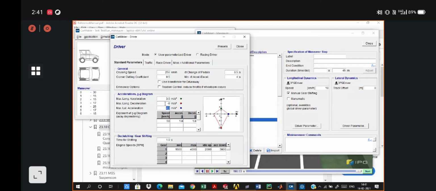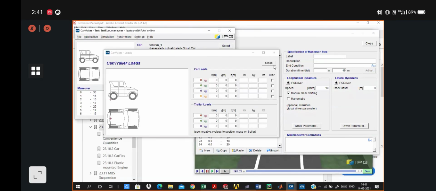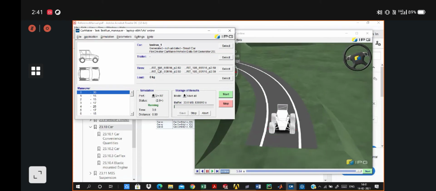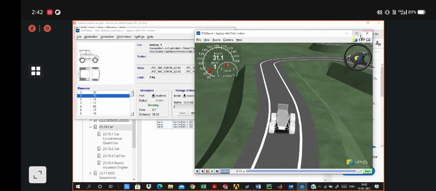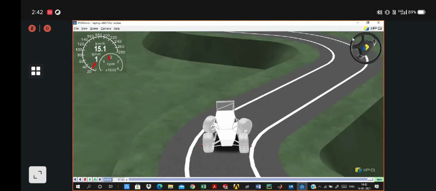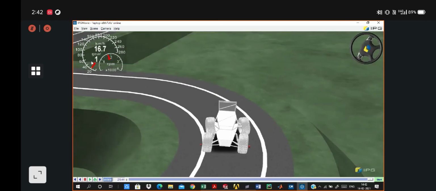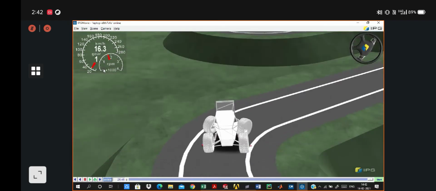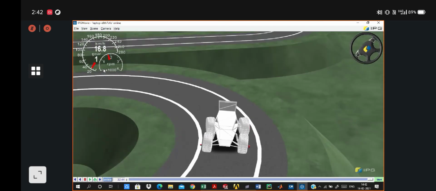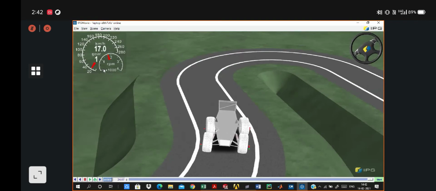So I'll just start the simulation now. We can notice the vehicle is going more off track right now than in the previous simulation.